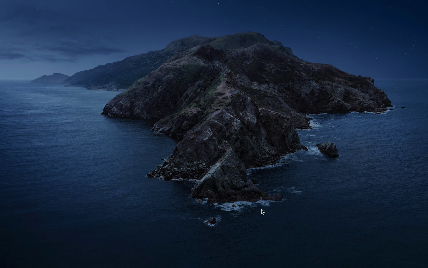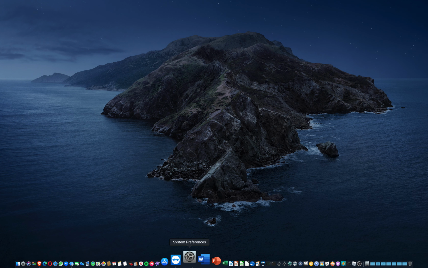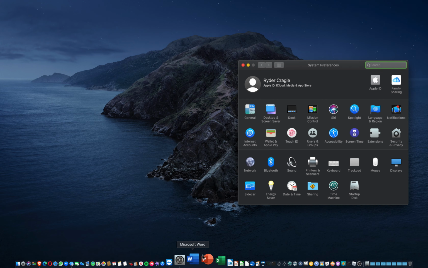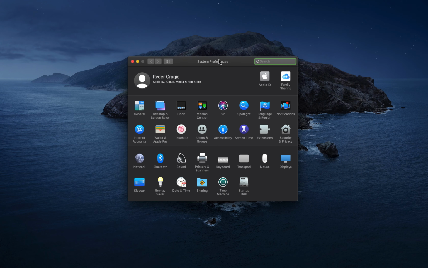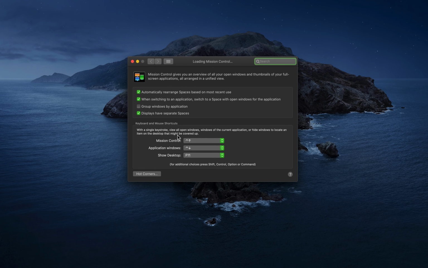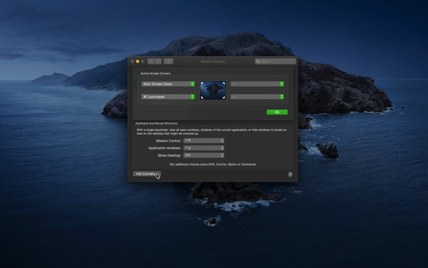So all you have to do to set it up is go to System Preferences and then go to Mission Control, go to Hot Corners in the bottom left, and then you can see you've got your top left corner, bottom left, top right and bottom right, and you can change each one to whichever you want. So you can set it to Open Notification Center, Launchpad, Mission Control, Application Windows, put your MacBook to